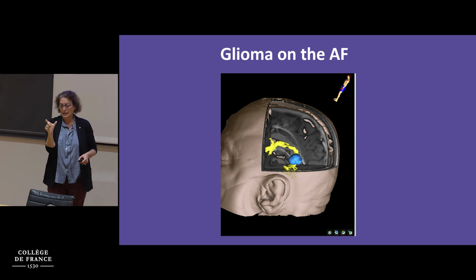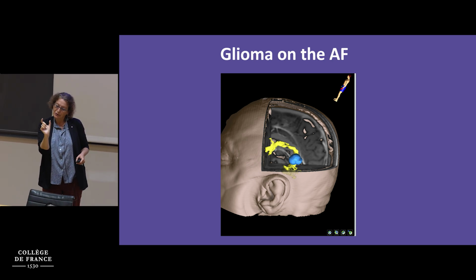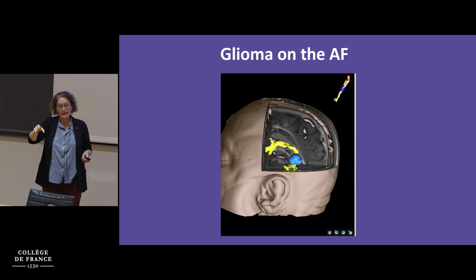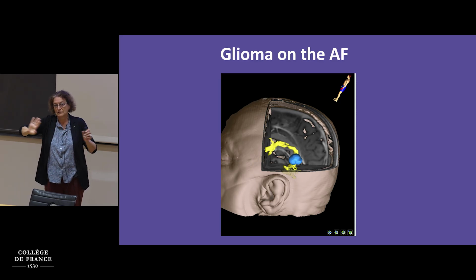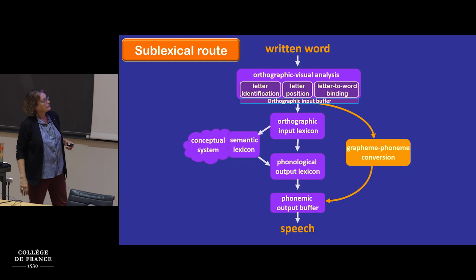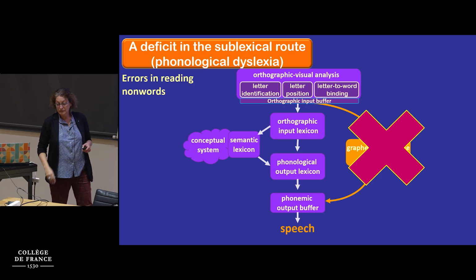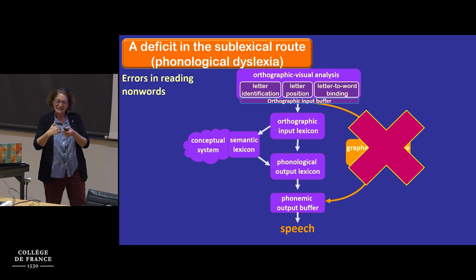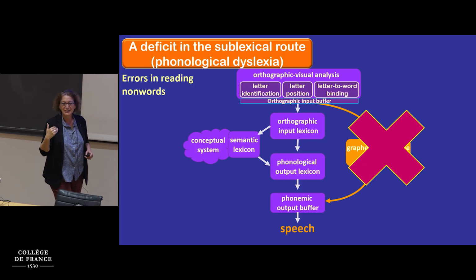We took a measure for each patient of whether their tumor is on the AF, or the edema around the tumor is on the AF, or whether the tumor didn't touch the AF in any way. And we looked at errors in naming, and I'm already saying that what we found is that the AF is in charge of the